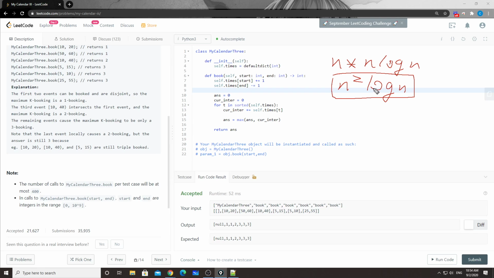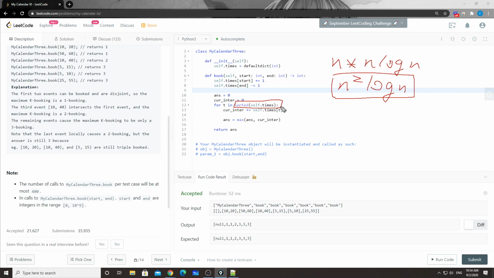It's going to be O(log n), maybe, I'm not quite sure about that, because here we need to sort it, right? Because we have to scan from the left to the right. Or we can somehow, when we do the insert, when we try to do the set here, maintain an order so that we don't have to sort it. But